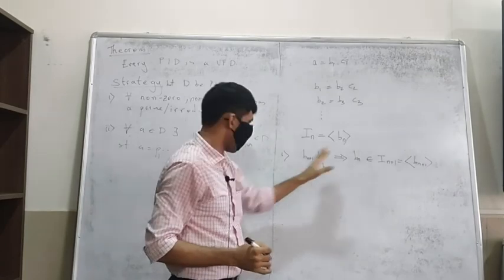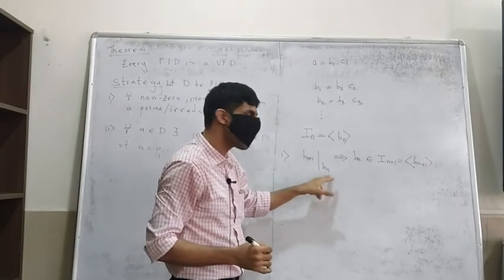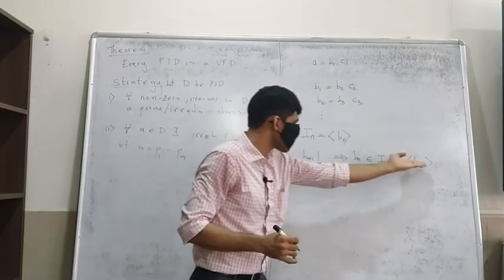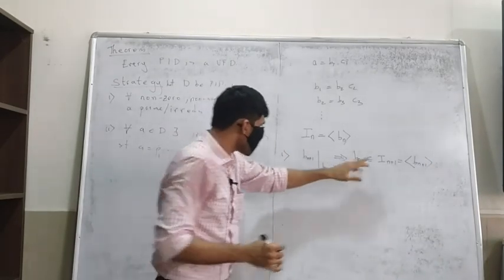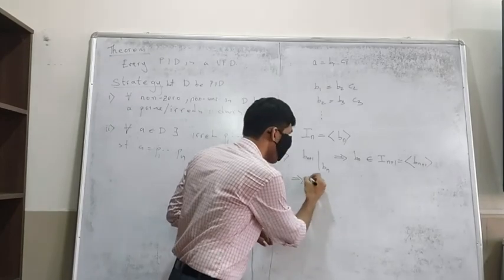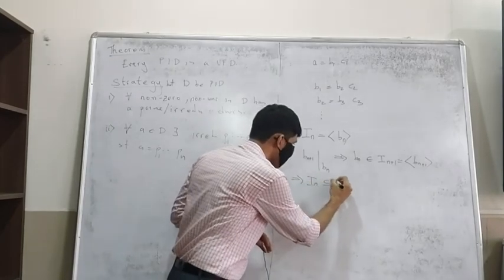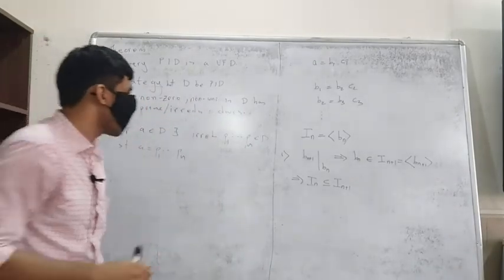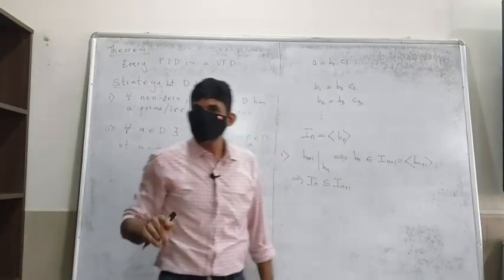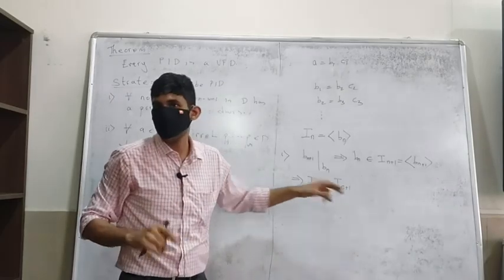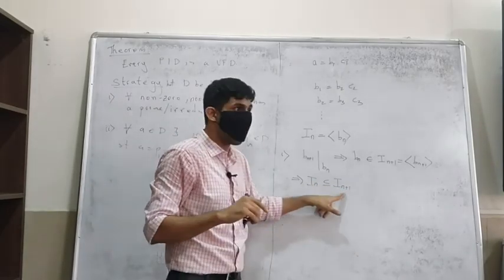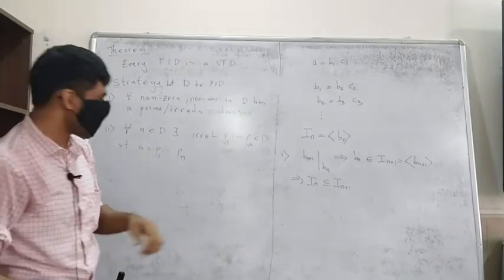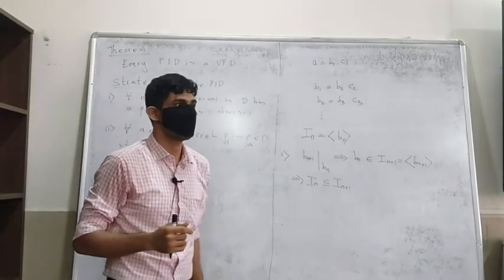Problem? Yeah. So this divides this, means that Bn can be written as some x times Bn plus 1. That means it's here, right? That's the definition. So this is here, which means that In is a subset of In plus 1. But you can also show that it's actually a proper subset. Anyone can tell me an element which is here, which is not here? Which element is here but not here?